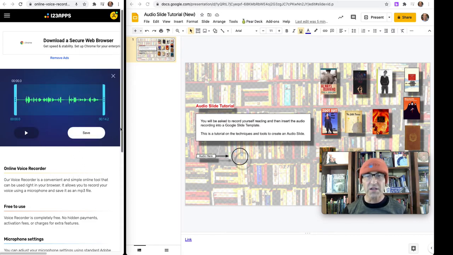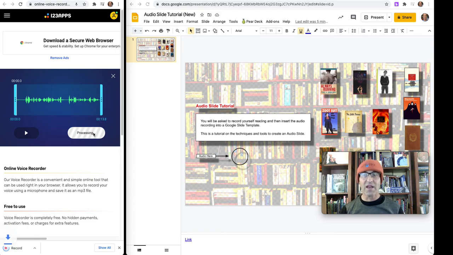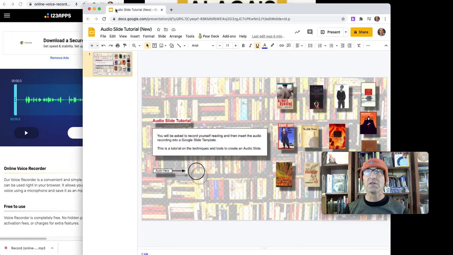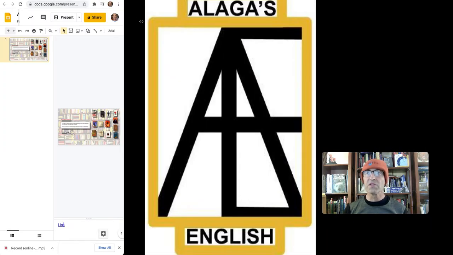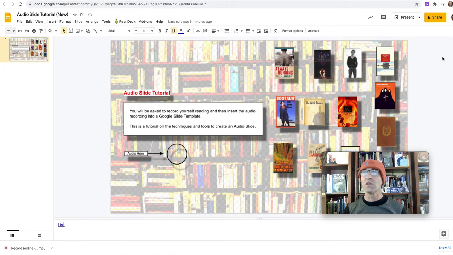When it's done, it shows I can preview it. Now in my case, and if you're using your personal computer, when I save it, it'll automatically download it onto my hard drive. That requires that I go the next step and I upload it into my drive. Now, hopefully most of you know how to upload a file onto your drive. But once you're confident that the file is actually there,